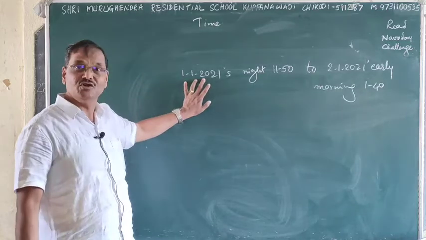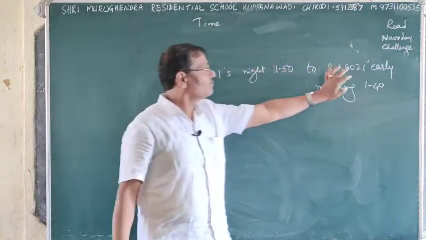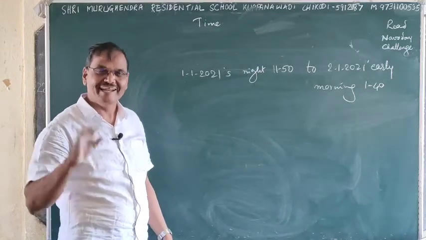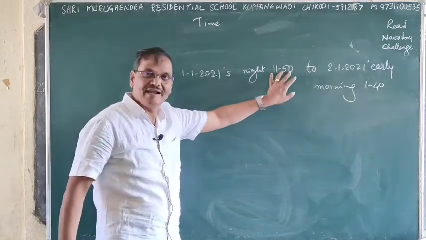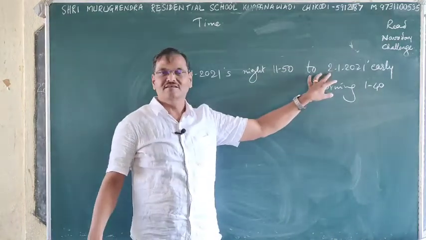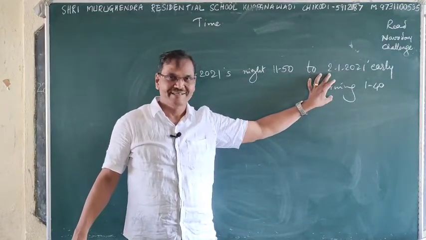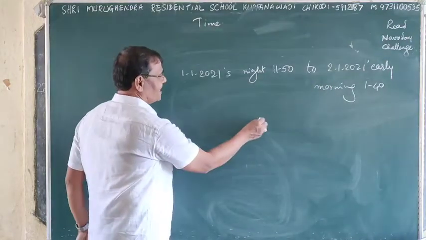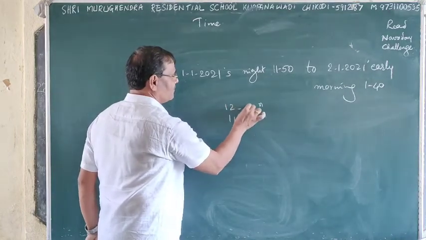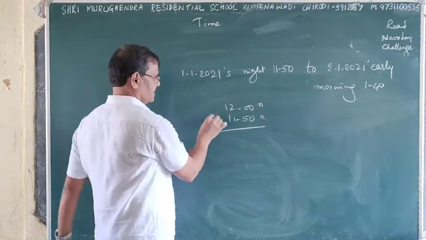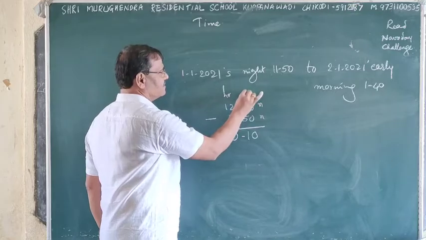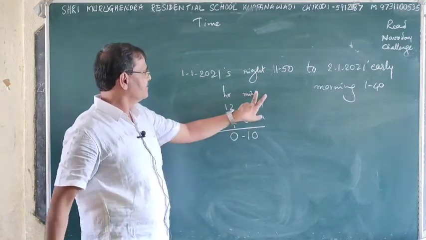See, the date has changed from 1 to 2. You are thinking the maximum comes, but it is very little, because here you are in night. Only 10 minutes is required to change into the 2nd date, isn't it? So night 11:52, night 12, it is 10 minutes. It is hour, it is minute, isn't it?